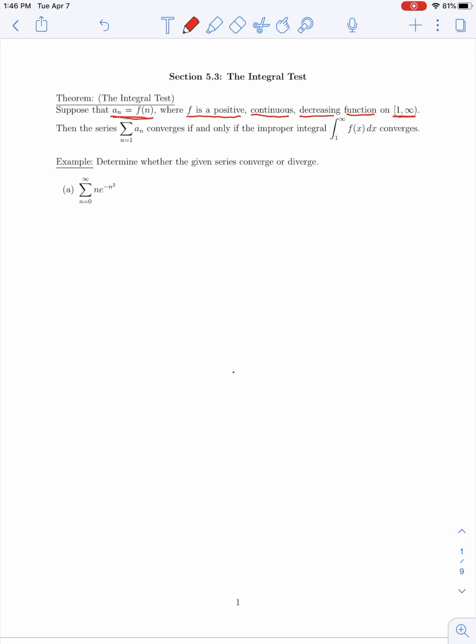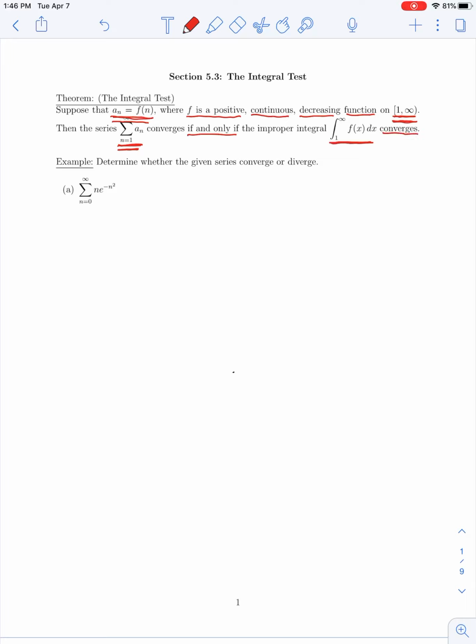Then the series, taking the sum from 1 to infinity of a sub n, will be converging if and only if the improper integral of the function f of x, which defines the general term of my series, evaluated on the same interval from 1 to infinity, that is the same interval that I was taking my summation over, also